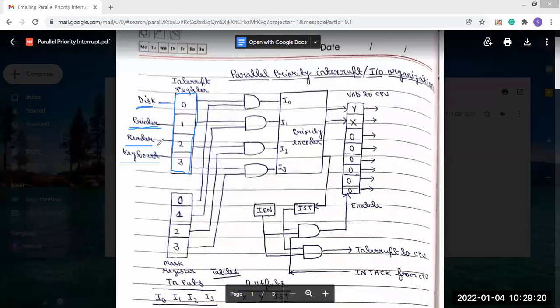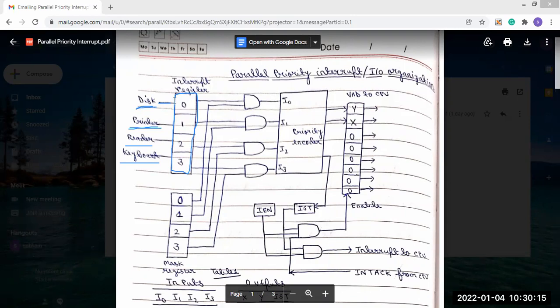All the input output devices we have are connected parallelly. Now the interrupt register.